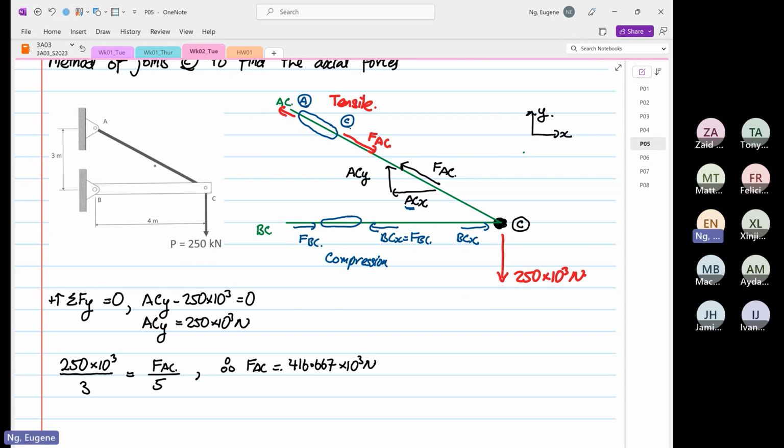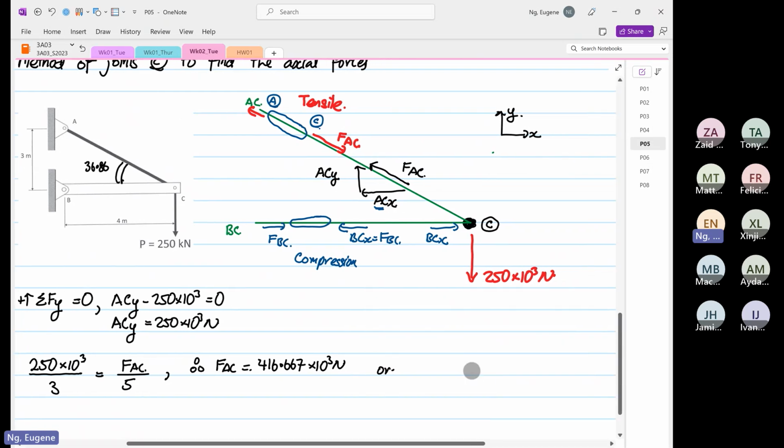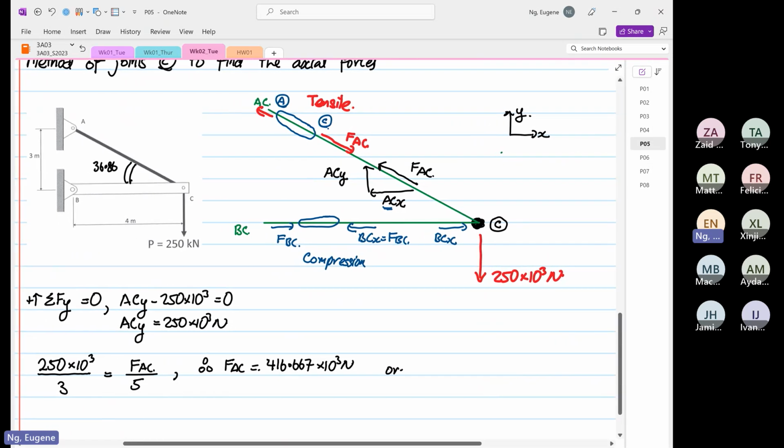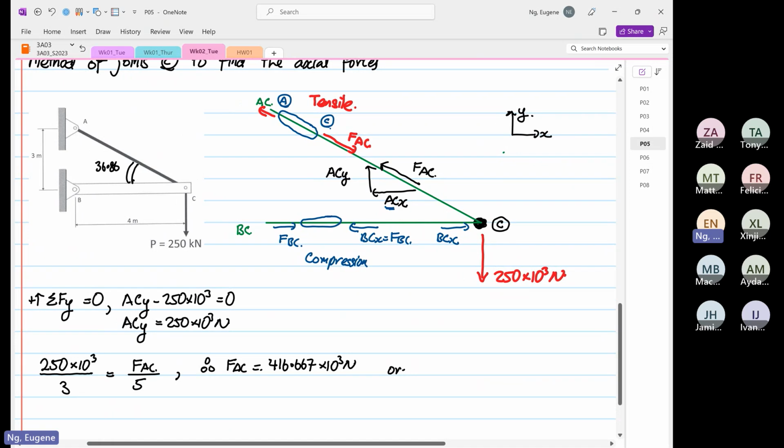You can use the angle. The answer will be the same. We know this angle is equal to what? Inverse tangent of 3 over 4, and the angle is equal to 36.86. Okay, so if you want to use angles, you can find out that your FAC